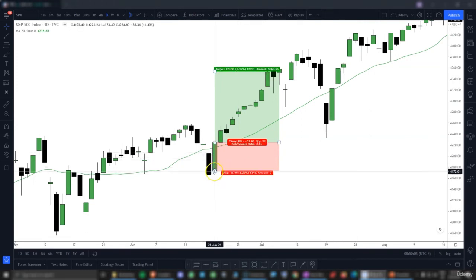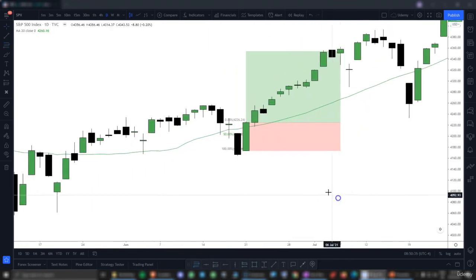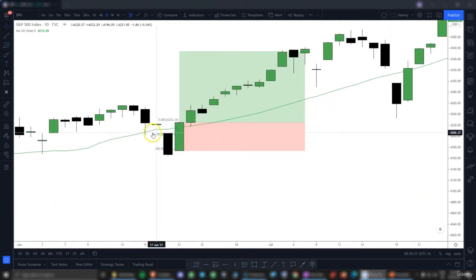And I want to take the stop loss from here to the middle of the candle and apply the risk 1-2%, whatever it is, in a smaller portion so that the profits will be bigger. And to do that, we click on the Fibonacci tool, put it between the low of the candle and the high of the candle. And you can see that the middle of the candle is right here at the 50%